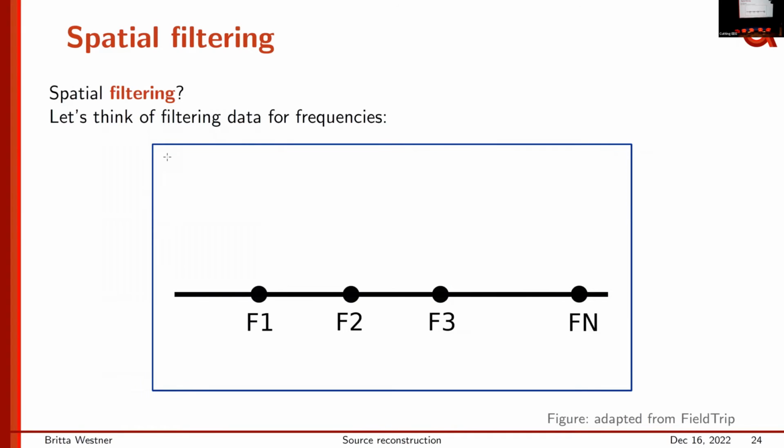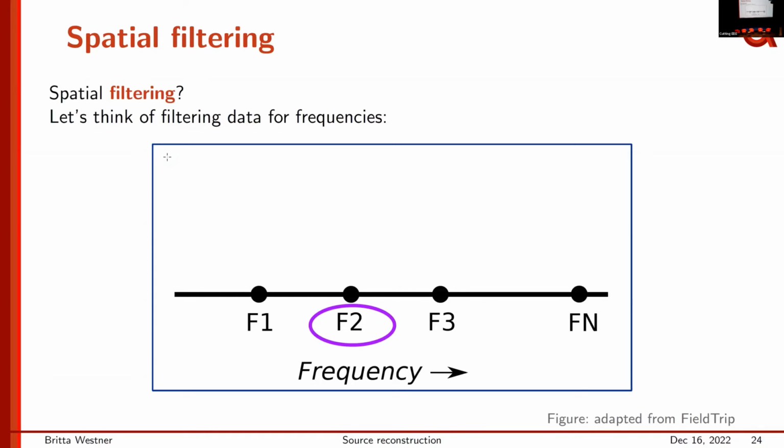So you've heard of filtering, but you might think, spatial filtering? I know signal filtering in the time domain for specific frequencies. What is now spatial filtering? Well, let's first think about this filtering of data for frequencies. Here are different frequencies, F1 through Fn. And if we filter our data,